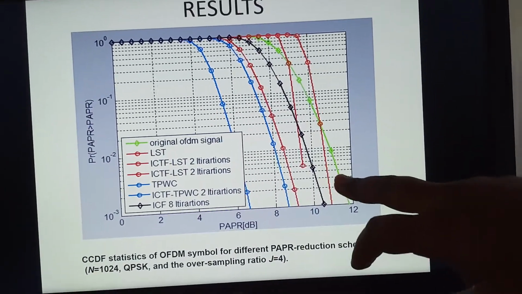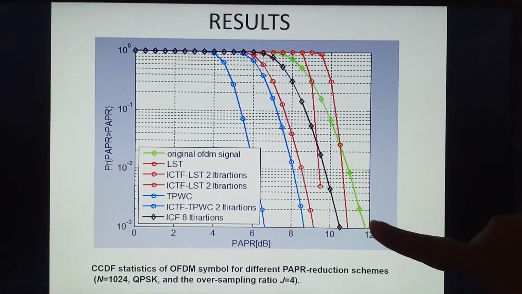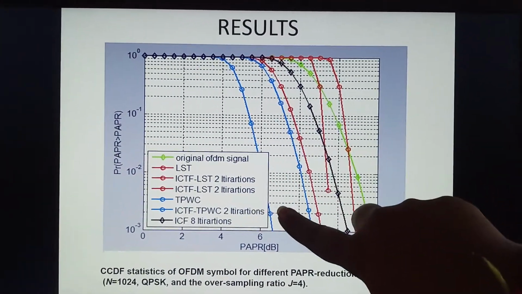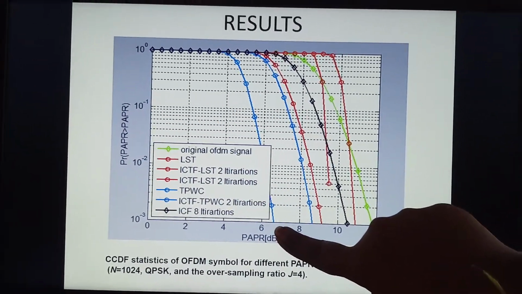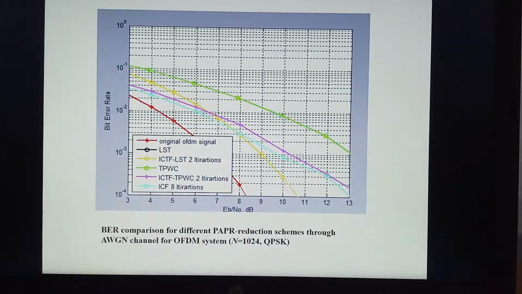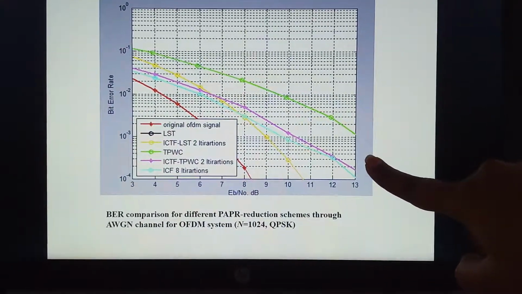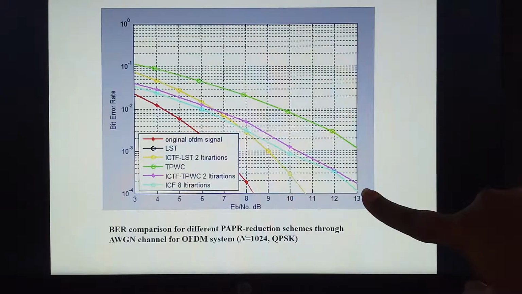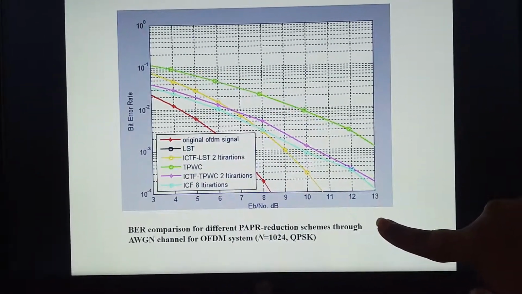This is the result of our project. This is the version of the OFDM signal and this is the block by block execution. So finally we have reduced the PAPR up to 6.5 dB. We also calculated the bit error rate along with the PAPR. Here we calculated the bit error rate in two channels, that is the AWGN channel and the Rayleigh fading channel.